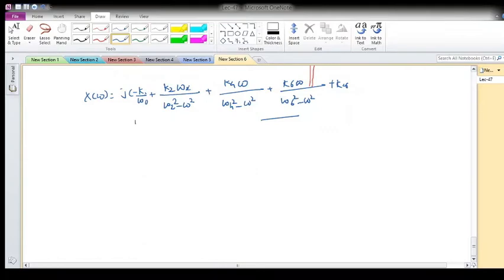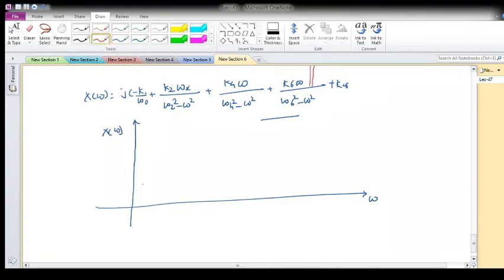So how will the reactance sketch look here? This is omega, and this is my x of omega. We want to derive one important property from it; that is the reason we are drawing. So what are the poles? One pole is at origin, the second pole is at omega equal to omega 2, the third pole is at omega equal to omega 4, next will be at omega equal to omega 6, and one is at infinity, somewhere here.